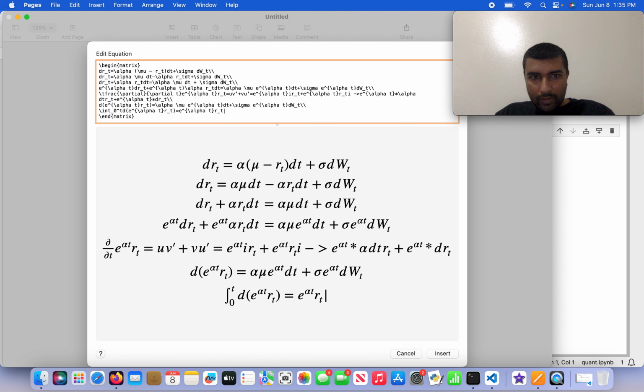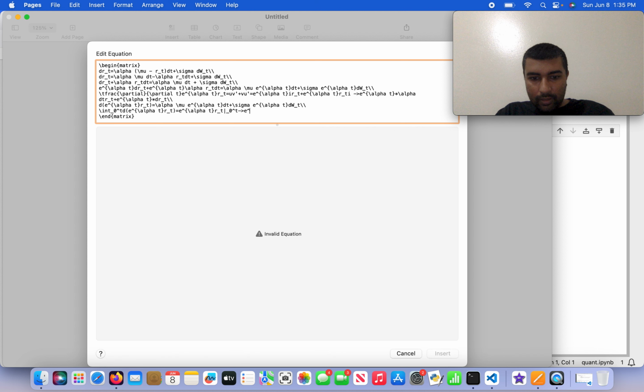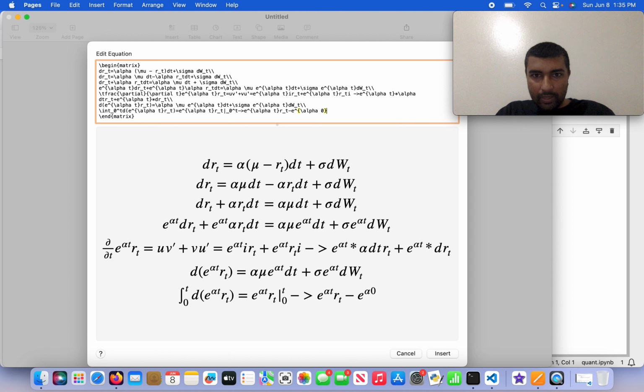And this is going to be 0 to the power of t. So then I will do e to the power of alpha t r of t minus e to the power of alpha 0 r of 0. So we can see that this becomes e to the power of alpha t times r of t minus 0 times alpha is 0, e to the power of 0 is 1. So this is going to end up being just this equation,